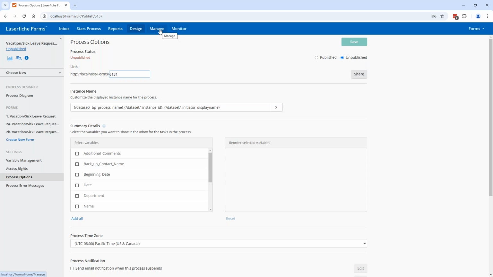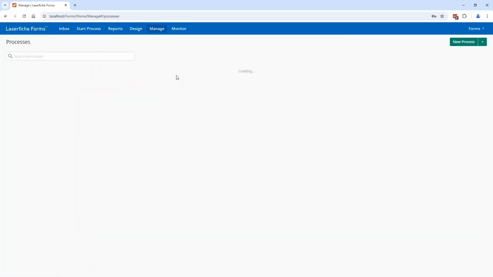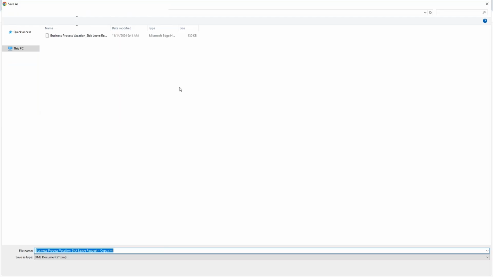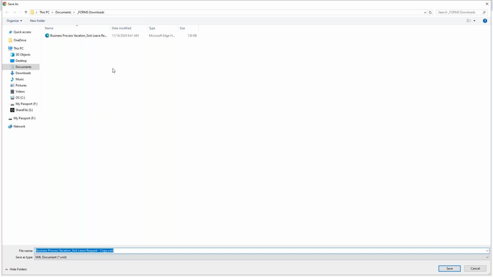So back on our manage page, we've got our copied version, and we've tested it, and it's ready to go. All you need to do, first off, is select it, and then download that process. And so up in the top right corner, you're going to hit the download button, and that will allow you to browse to a location where you might want to save your process. And what's really interesting is that entire process, all its settings, configurations, whatnot, are in a single XML file. You can in fact see the name of the process here